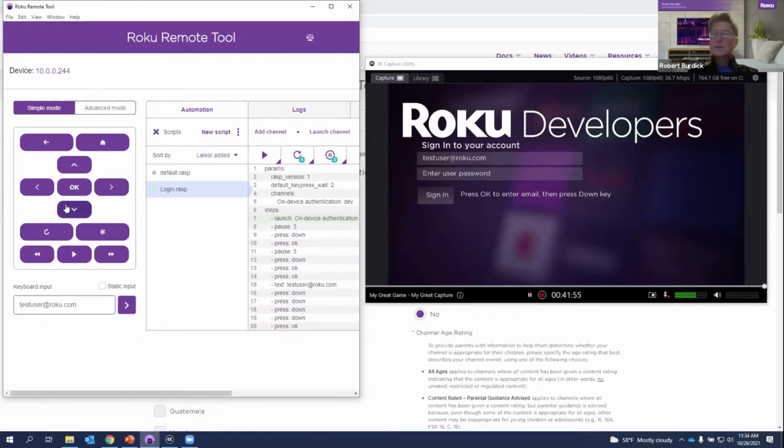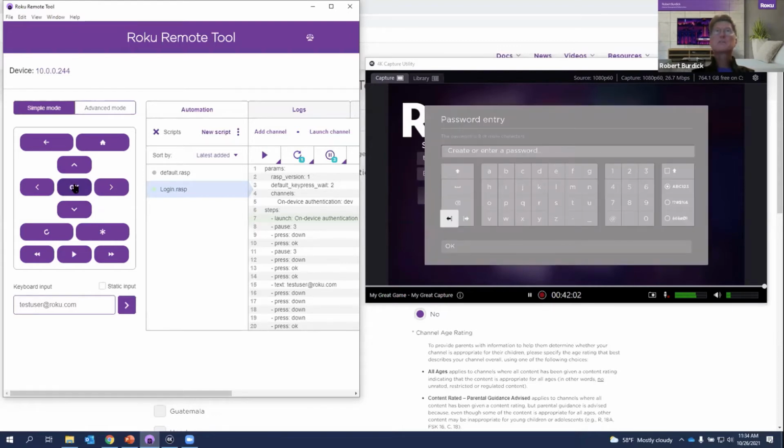Okay, now I need to navigate down again. Press OK to enter password. And same kind of idea, we're at an entry screen with a standard keyboard dialog again. And here I'm going to enter my super secret password, with a 0 for the O. And when that's done,